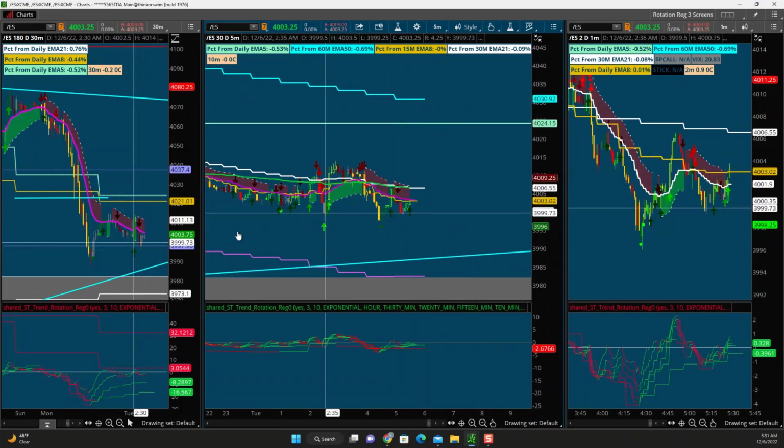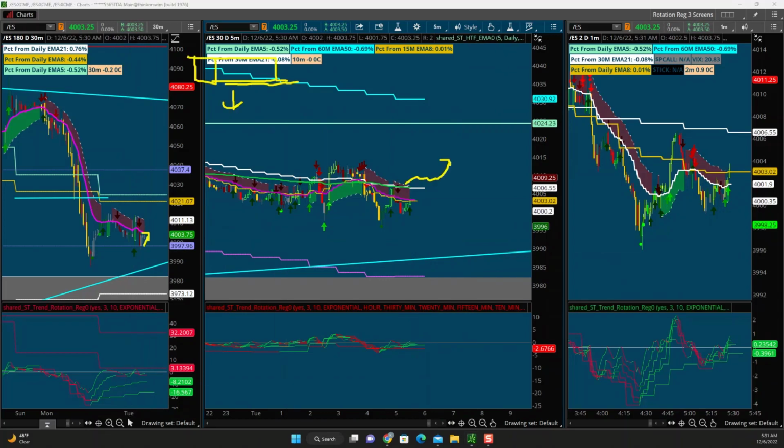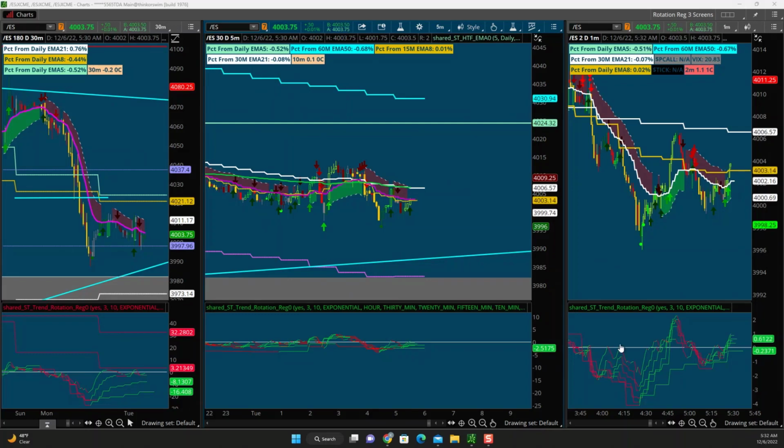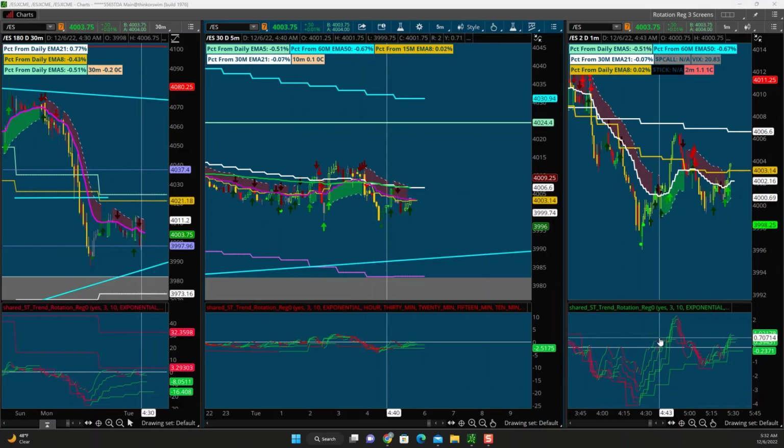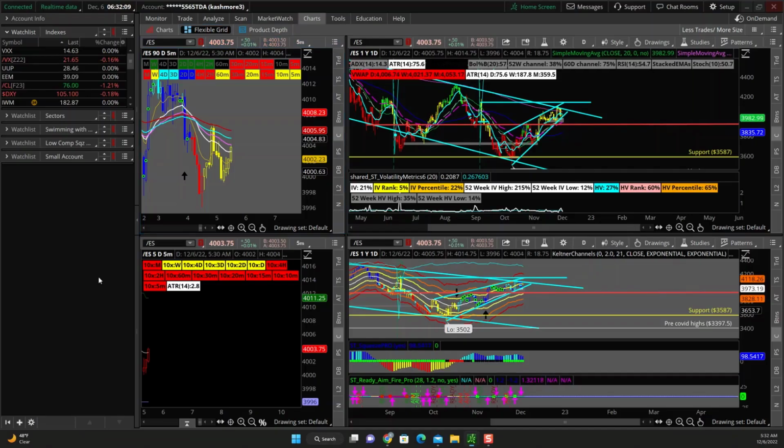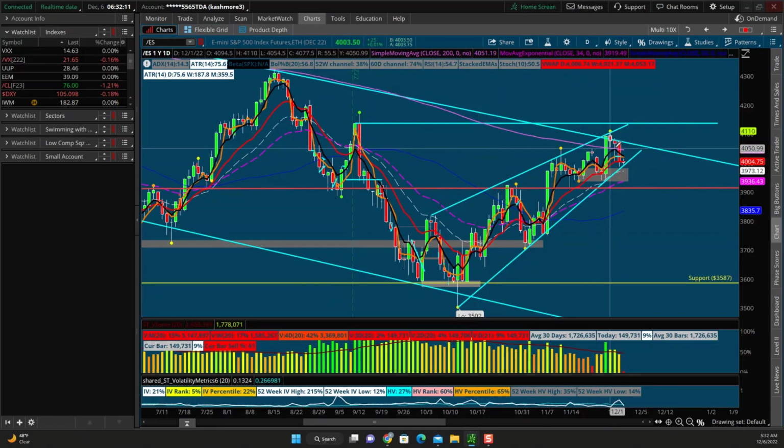Like I said, just a quick recap. Let me clean this up. Quick recap. Leaning to the bear side simply because I'm watching for this rising wedge to break down. But if it does wish to give us one more pop, I will play to the upside for the day. So big picture, rising wedge,